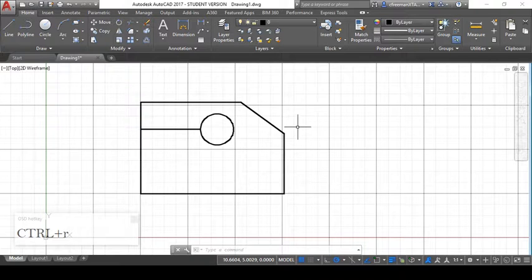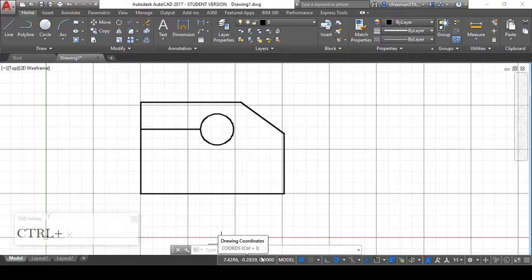In this video, I'm going to introduce you to using object snaps in AutoCAD. So first, we need to locate how to turn these on. Down here at the bottom, you see what I call the workspace behavior menu. Everything on this menu controls the way that the workspace behaves.